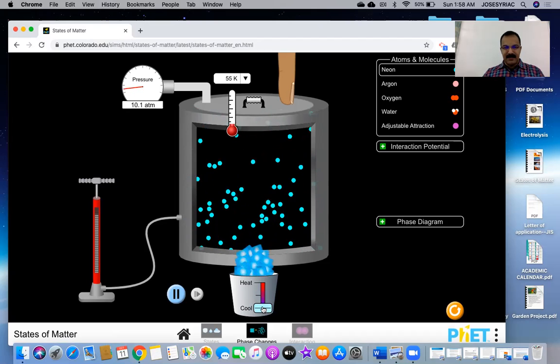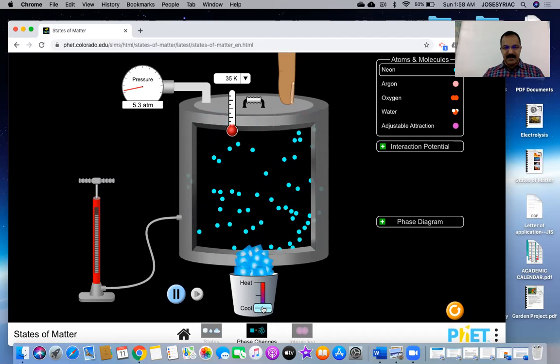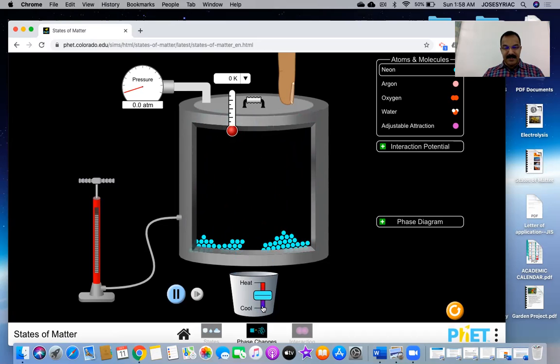You can cool down. When I use the cooling control, I reduce the temperature. You can see the gas molecules convert into a liquid and then they solidify into its solid. See, it's solid. Particles have just cooled down and they don't even vibrate. It doesn't show that it is vibrating, but actually it is vibrating, right? Now it started vibrating. So it's back in the solid state. That is today's lesson, just an introduction on